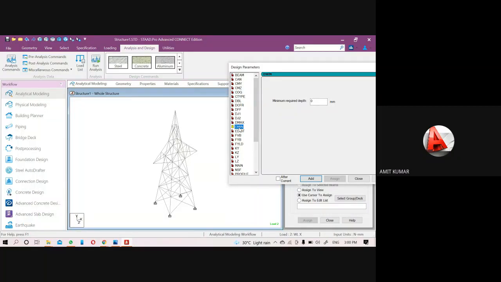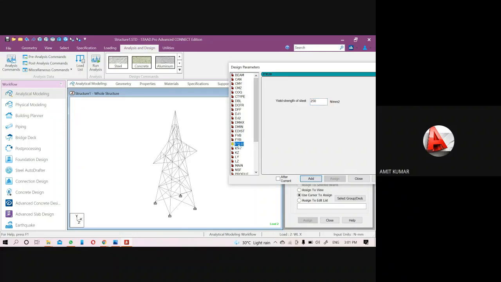section size, that will be the depth of the section more than 500, so we have to put the d maximum value up to 500 here. That means ISHB 650 or ISHB 600 will not be assigned here. Okay, so I'm just going to change the d maximum value up to 600 and d minimum of 100. That means ISLB 75 will not be used here.